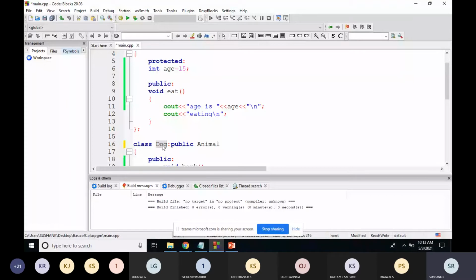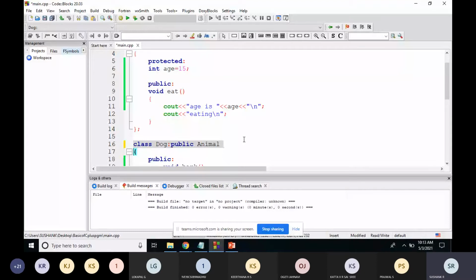So for example, here the dog has inherited this class called animal. So dog is the derived class and animal is the base class. That means the protected members can be accessed within the class, and outside the class only the derived class can access them.